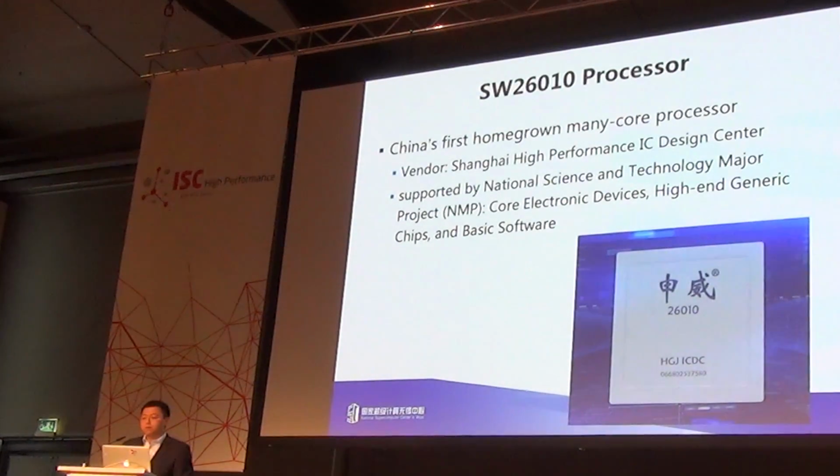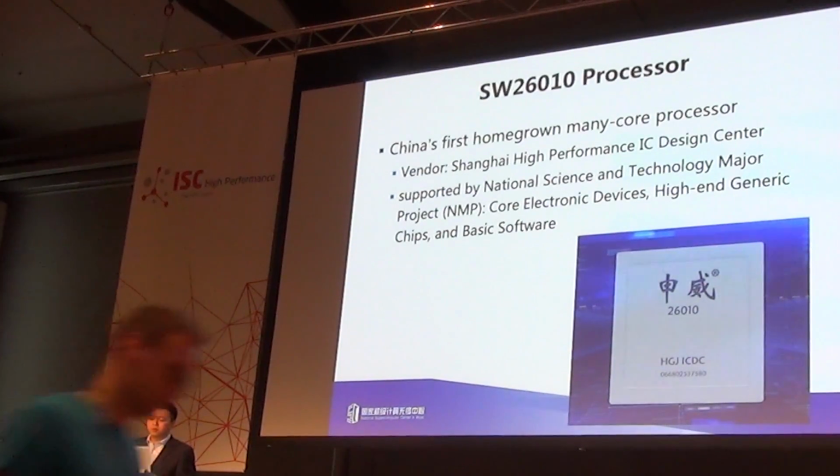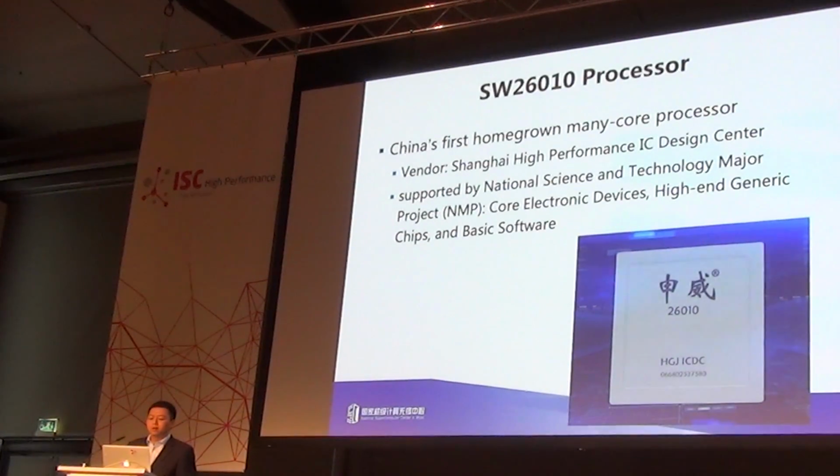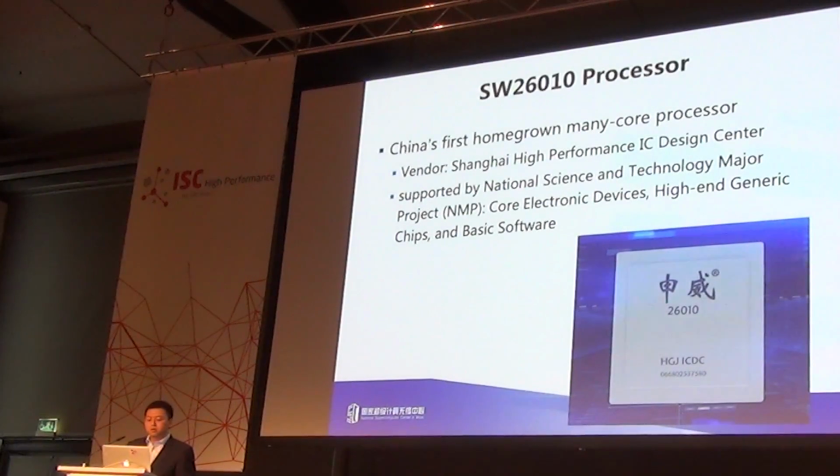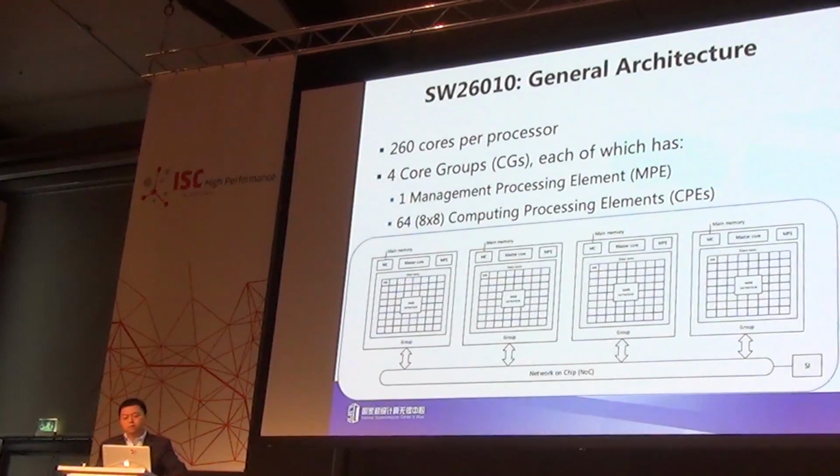So, of course, one of the key innovations that we have in this Sunway TaihuLight supercomputer is this new SW26010 many-core processor. So this is China's first homegrown many-core processor designed by Shanghai High Performance IC Design Center. If we go inside this chip, this figure shows the general architecture of this